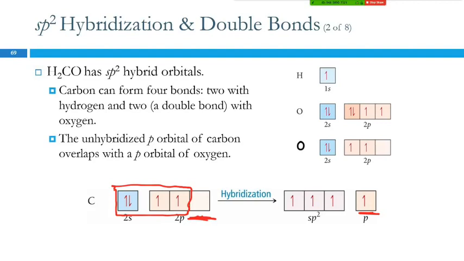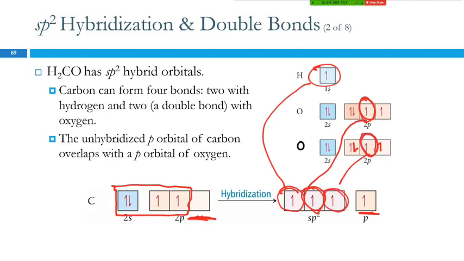Because I want to be able to look at the two oxygens with the carbon. So here I have 2 oxygens. Oops, another electron in there. Each of them have 2 half-filled p orbitals, and I have this hydrogen. So the hydrogen can overlap with one of the hybrid orbitals, and this half-filled orbital from oxygen can overlap with 1, and this half-filled orbital can overlap with 1. And then